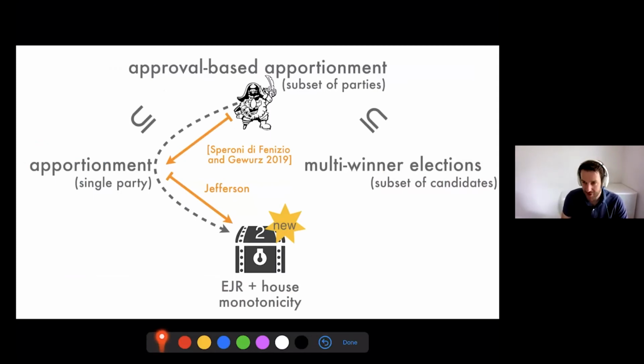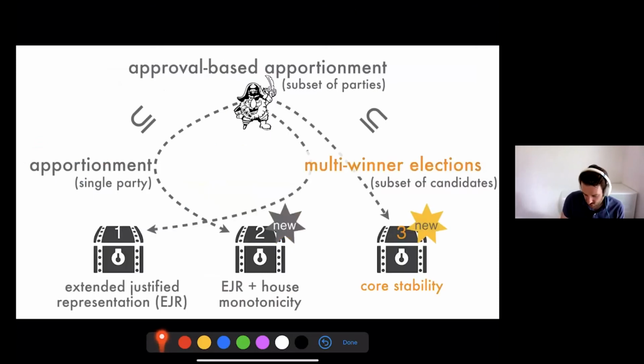Okay, so this is the first kind of new result that we have via apportionment here. And the last result I want to talk about is a strengthening of EGR, an even stronger proportionality notion, which is known as core stability. And similarly to this combination here, it is not known in the more general setting of multi-winner elections whether core